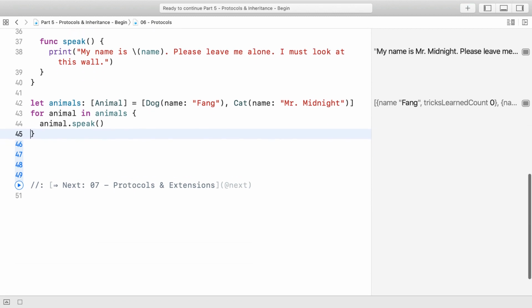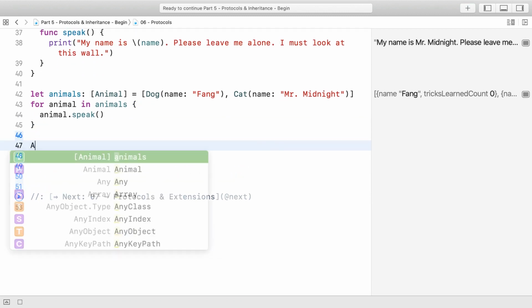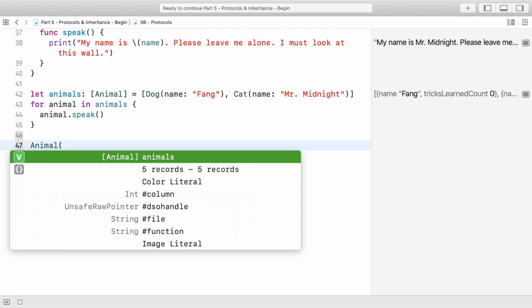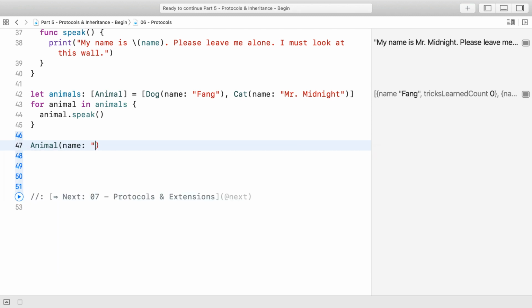What you can't do now is instantiate an Animal directly. But when Animal was a class, it wasn't meant to be instantiated, so this is just fine.